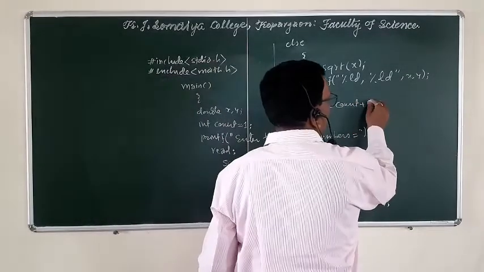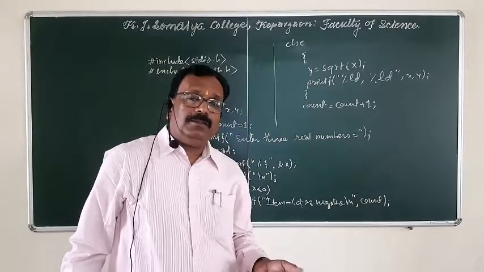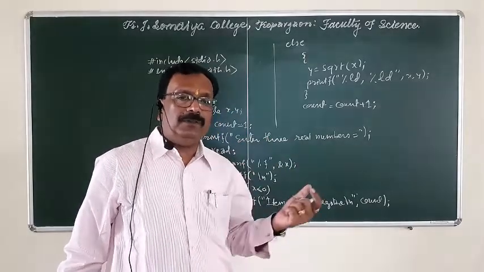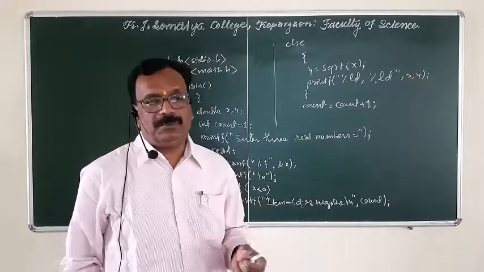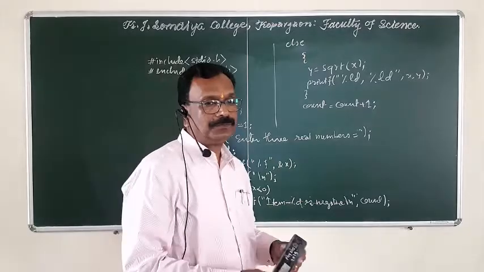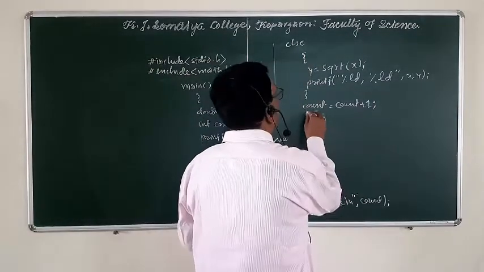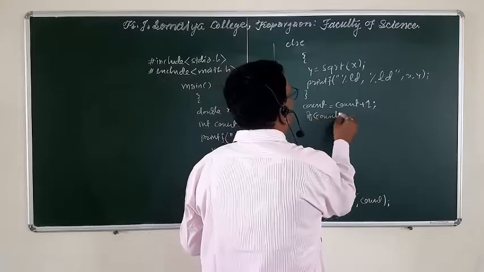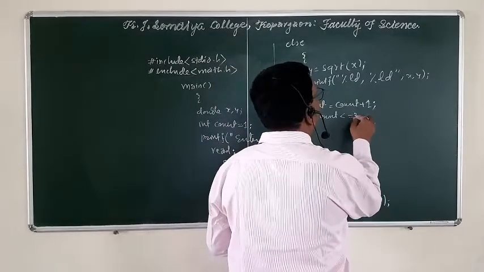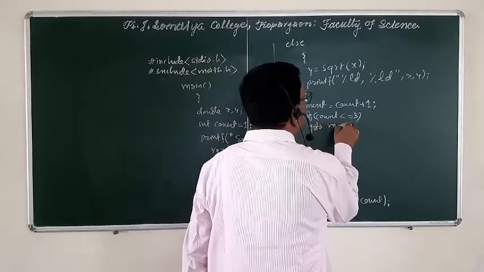or count plus 1, simply 1, because we are going to enter various values, and in that, the supplied value must be a positive number, and here we are going to find the square root of that positive number, not a negative number. Okay. Now, again, if count is less than or equal to 3, then go to read.